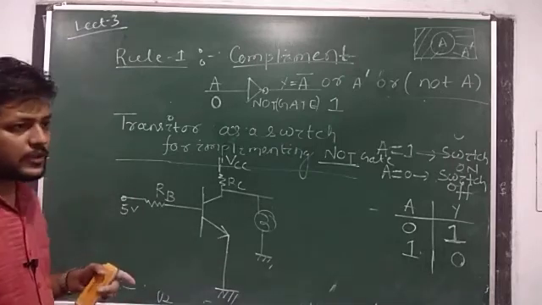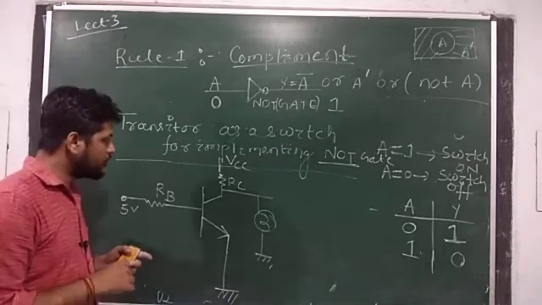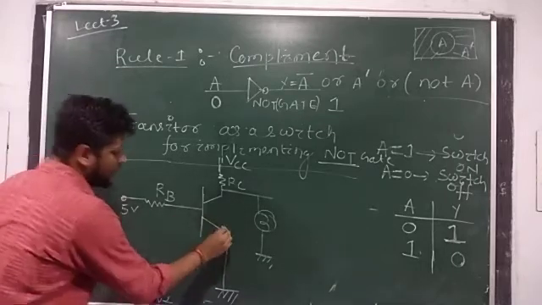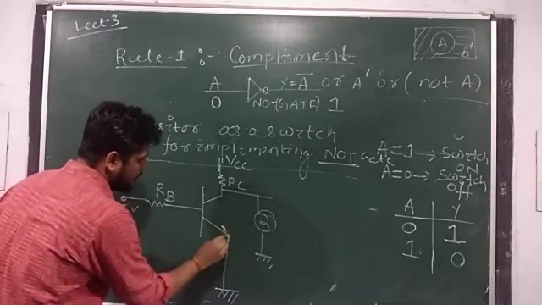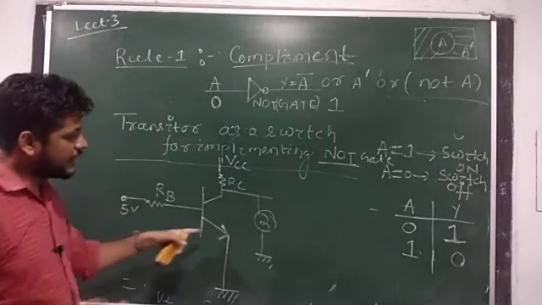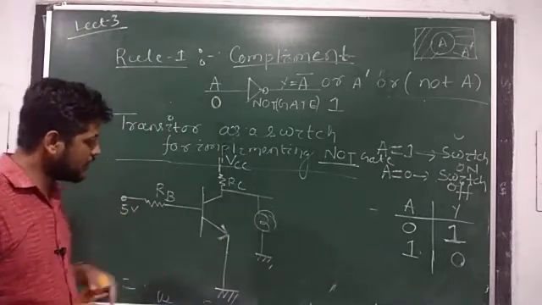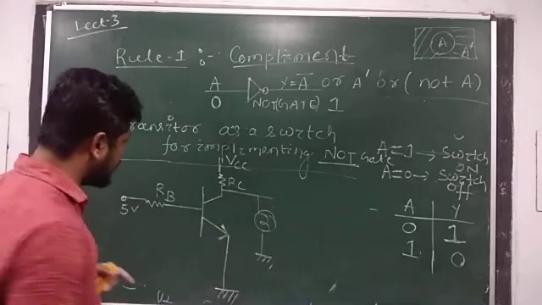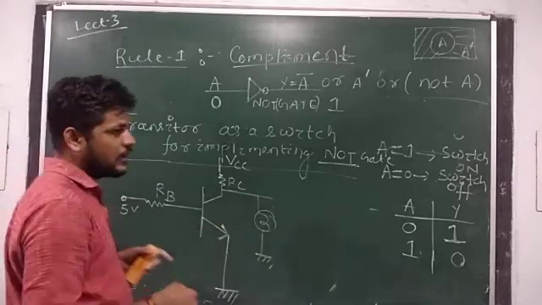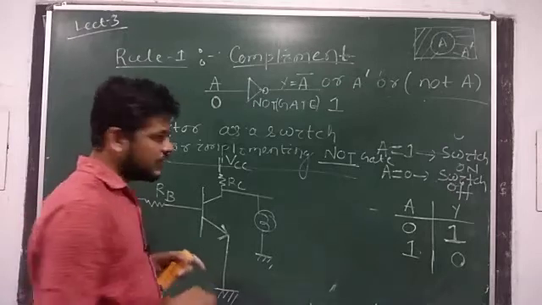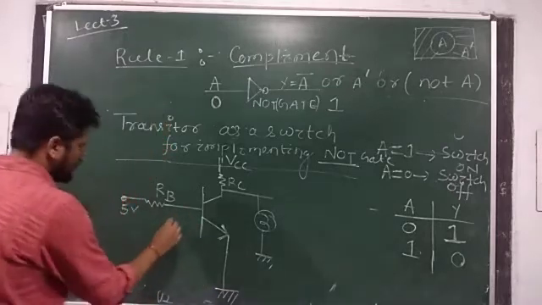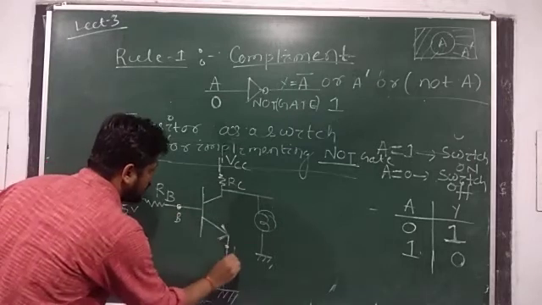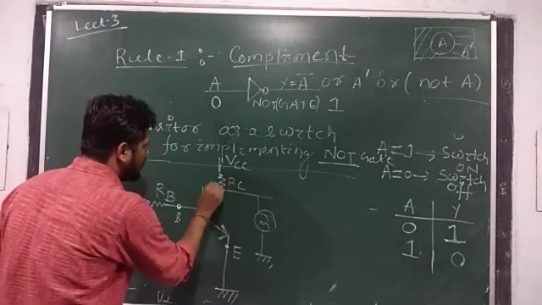Here I am going to discuss the second application, that is your switching logic. So here the arrow mark at the emitter is outward, hence this is your NPN transistor. If it is into the base, then that will be your PNP transistor. So we have two types of transistor, one is NPN and another is PNP. So this terminal is your base terminal, this terminal is your emitter terminal, and this terminal is your collector.